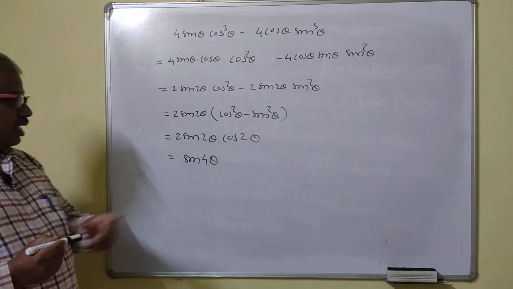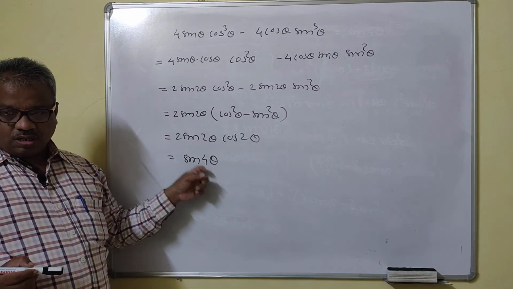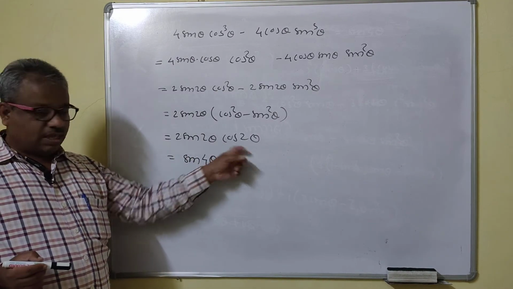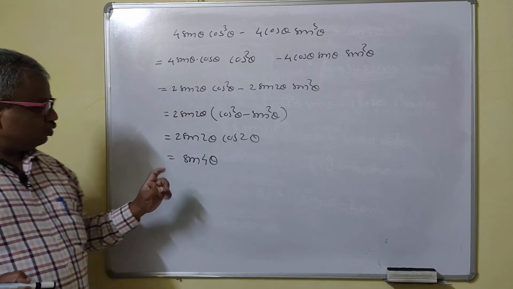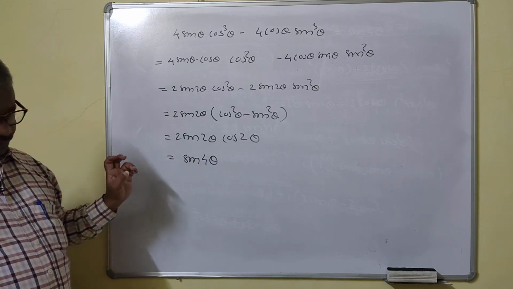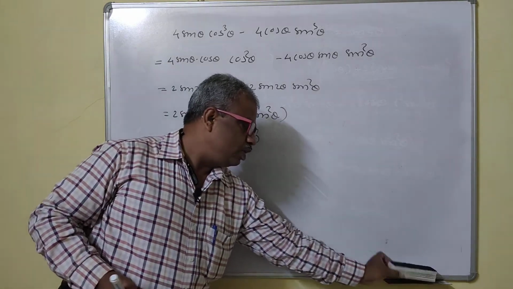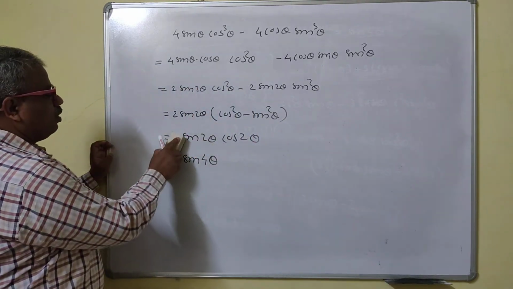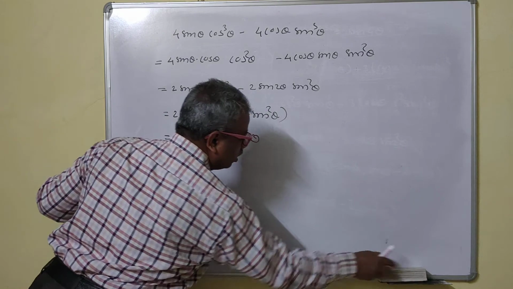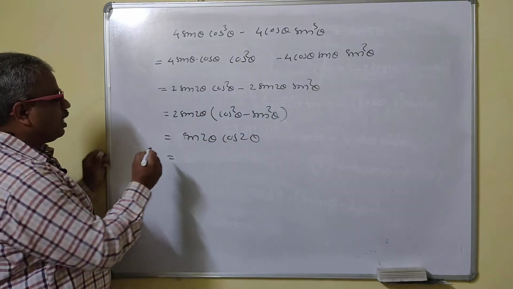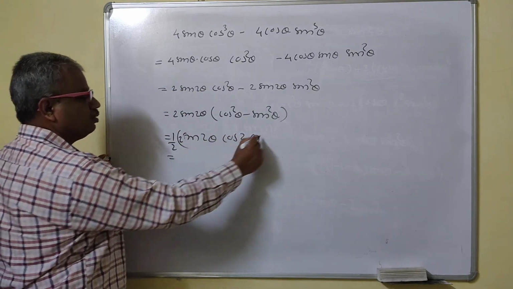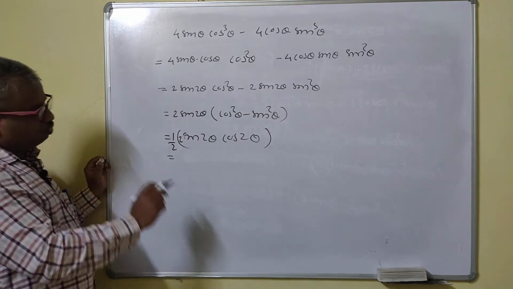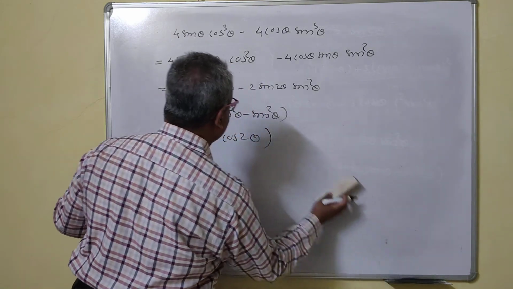Let's see, both the angles are the same, then only you can apply this formula: 2 sin theta cos theta, right? Angles are the same for sin and cos. So if 2 is not there, you can adjust the 2. Suppose here 2 is not there, but your formula is in terms of 2 and this. We can manage 2 now. This we can write as 2 times this. But if 2 is already there, then no problem for that, right?